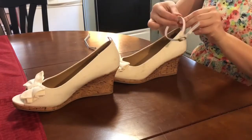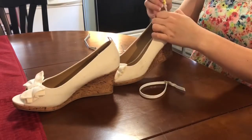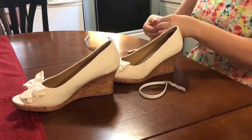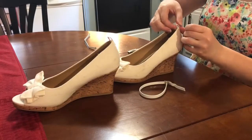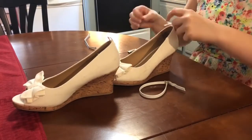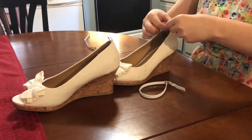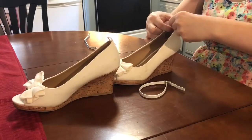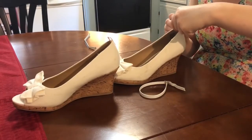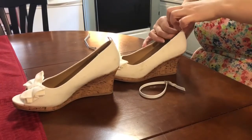Now I'm going to do the exact same thing on the other side. I'm just going to measure to see how far down I need to glue the little strap and put my glue on. Stick it on there, and this time I really get my thumb on there good. Takes a little effort to pull it off. And here I make a mistake, and I don't edit this out of the video because, don't do what I did. At first, when I slide the strap through, I very stupidly started with the side that is the